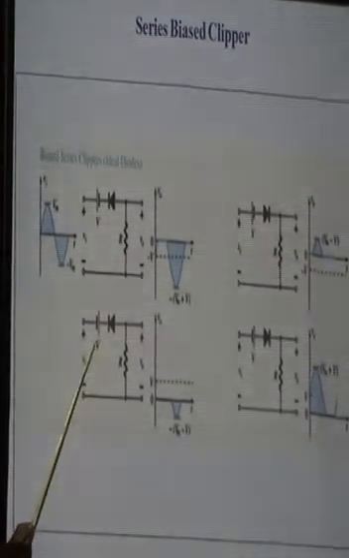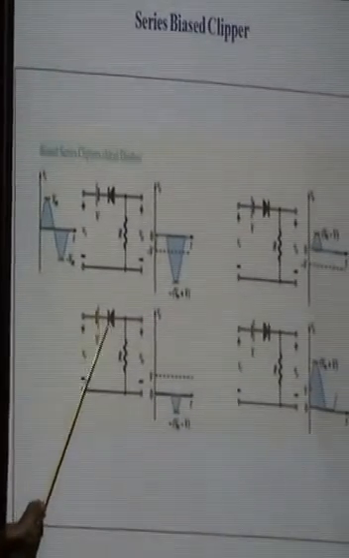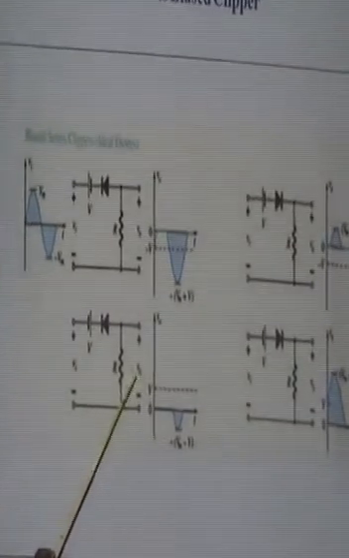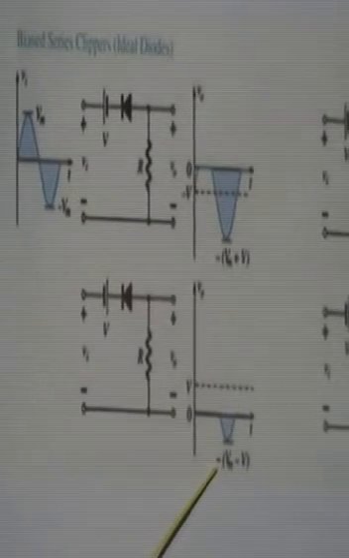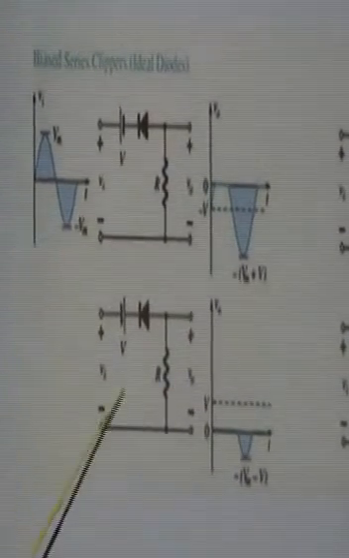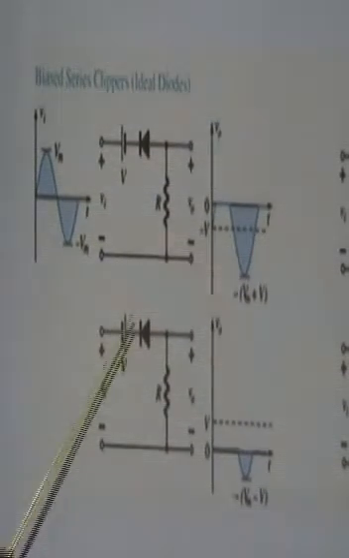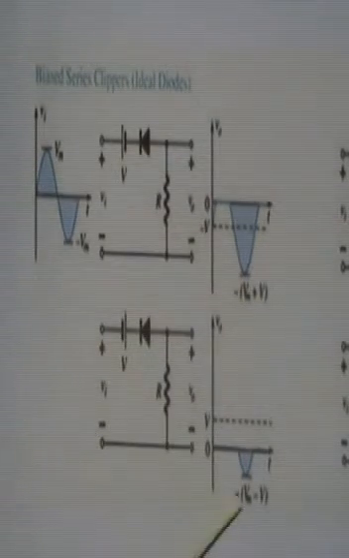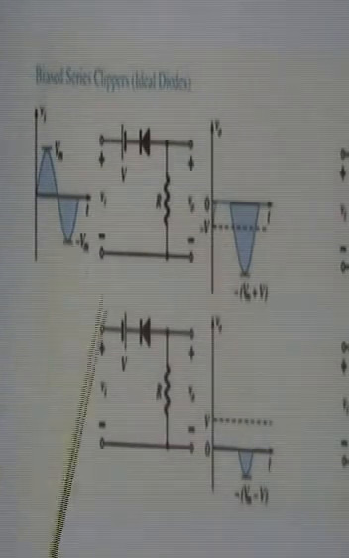So the difference of Vm and V will result in the conduction of this diode at the negative half cycle, and there must be a current across the loop and a finite drop. And this drop, from pi to 2 pi, has the amplitude minus due to negative phase, Vm minus V. So both circuits are biased in nature, but the nature of the internal battery is changed. And as per the requirement, sometimes when it supports then Vm plus V, or when it opposes then Vm minus V. So these are the positive clippers.